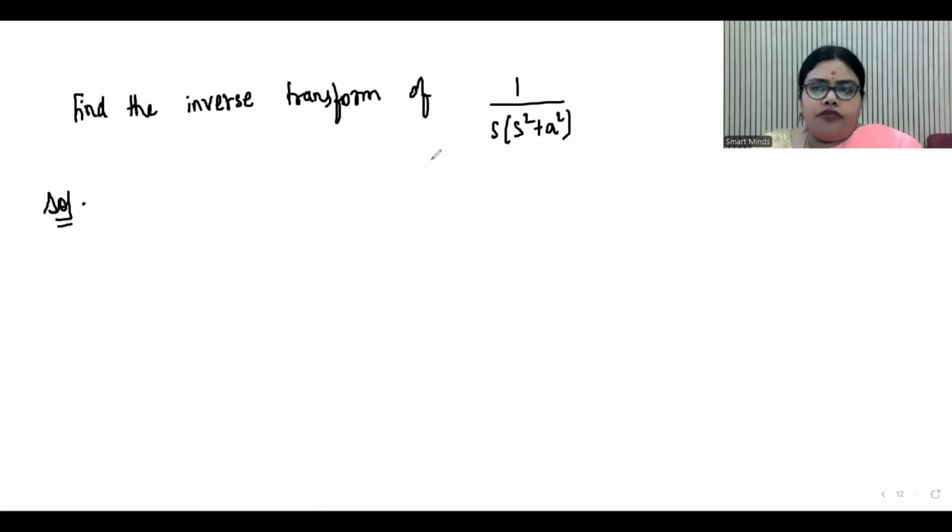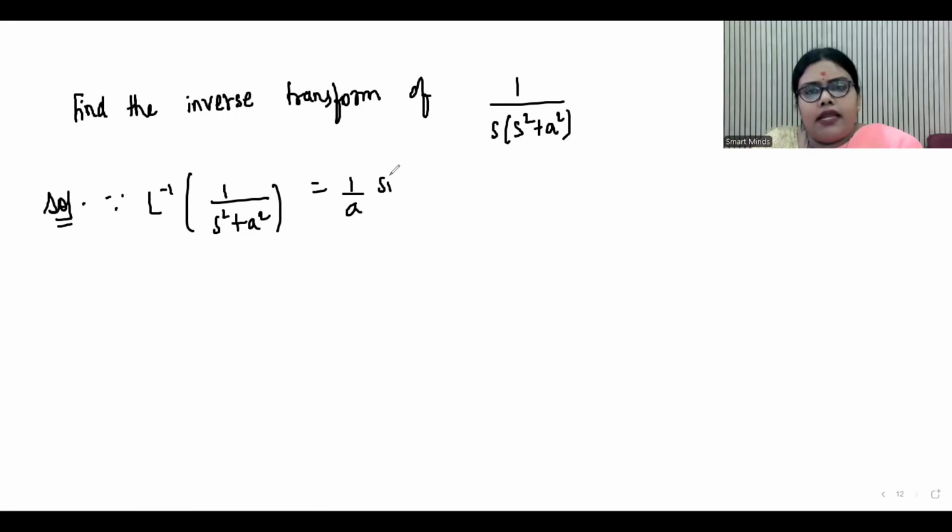Take the next question. Find the inverse transform of 1 by s into s square plus a square. Now, since we know that L inverse of 1 by s square plus a square is 1 by a sine ax, we have this formula. Therefore, from the first theorem of integration, we have